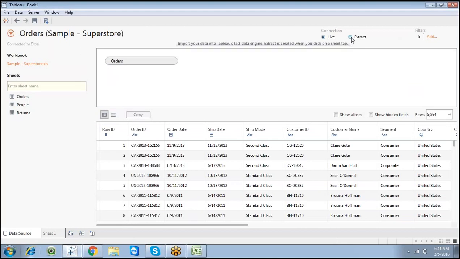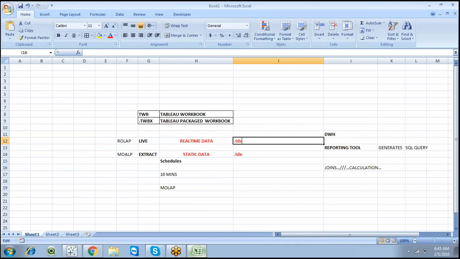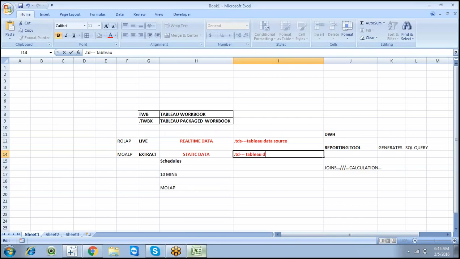So what is meant by .tds and .td? .tds is Tableau Data Source, and .td is Tableau Data Extract.